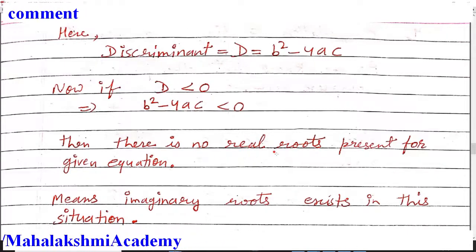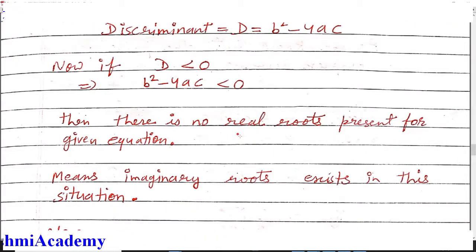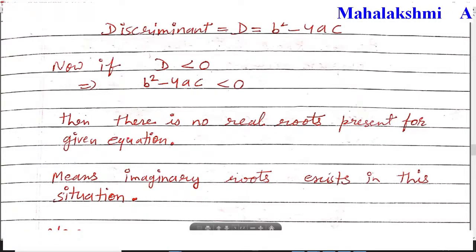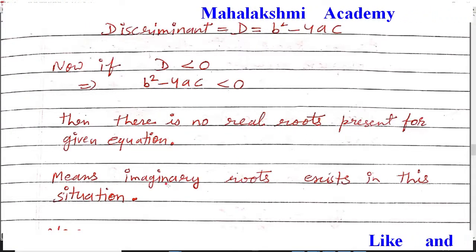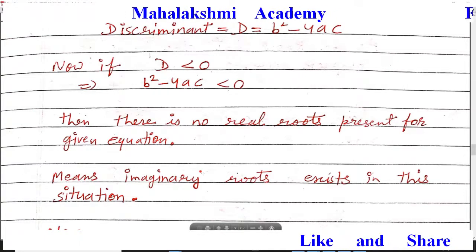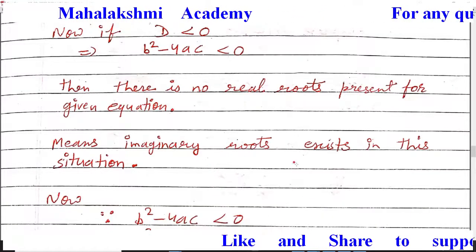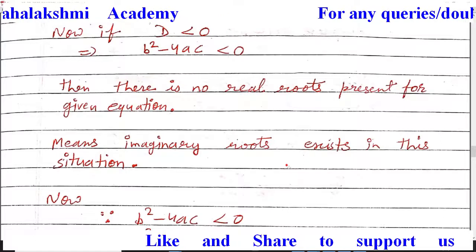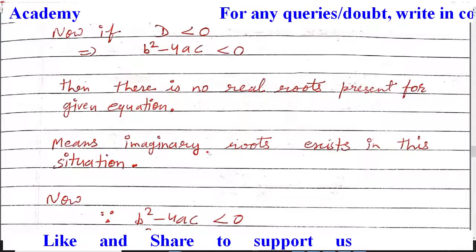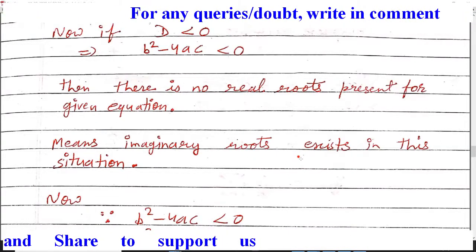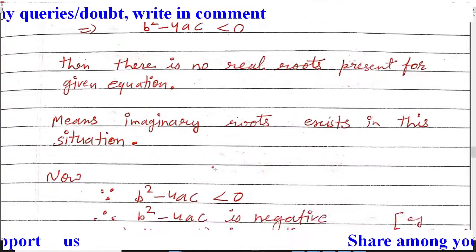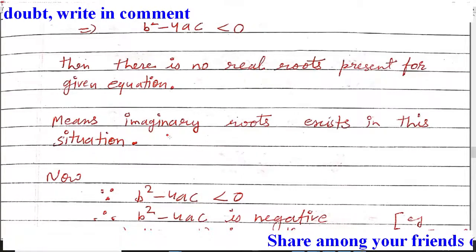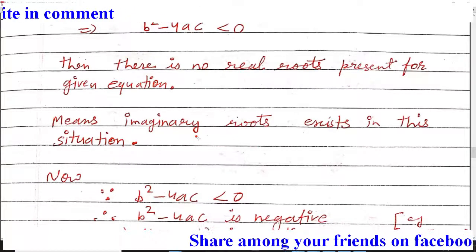So if real roots are not present, then which kind of roots are present? The opposite of real is going to be imaginary roots. The meaning of this line is that no real root present means imaginary roots exist in this situation. We had skipped this point in 10th class because at that time it was beyond our syllabus. Now we are going to find the imaginary roots also, because now we have the concept of iota. So now we have to find a formula to solve this situation.